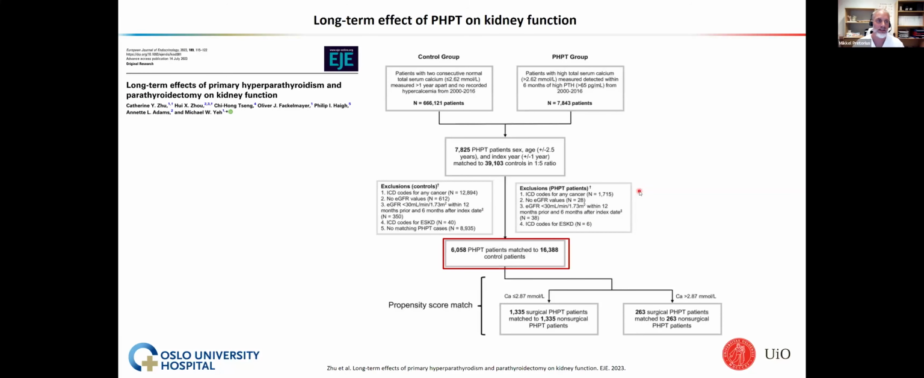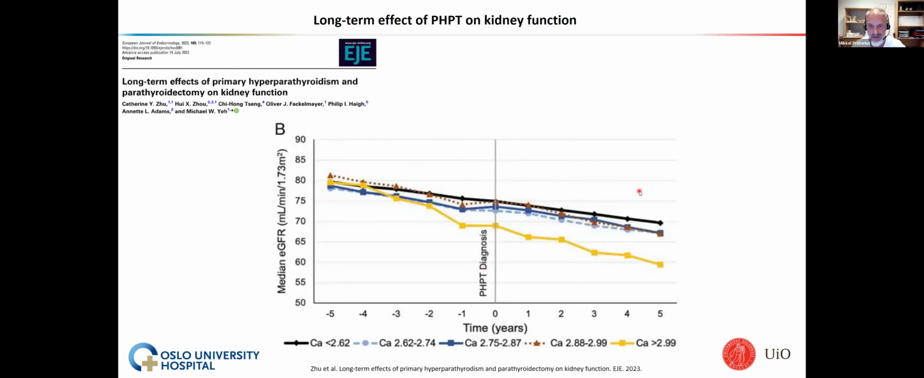The long-term effects on kidney function have been published, for example, by Catherine Su with 6,000 patients and 16,000 controls. And here you can see that actually it doesn't seem to have a big effect on decline in estimated GFR, as long as the calcium is not severely elevated. You can see here that only the yellow one with calcium above 3 has an increased decline in